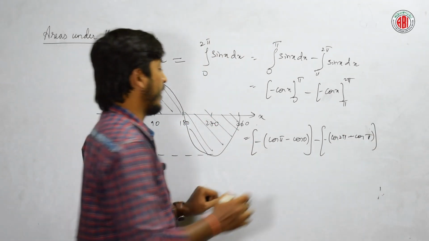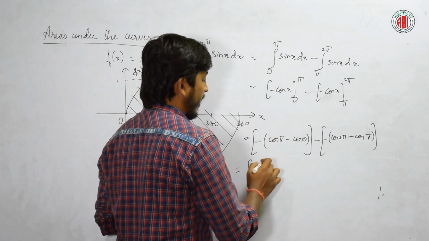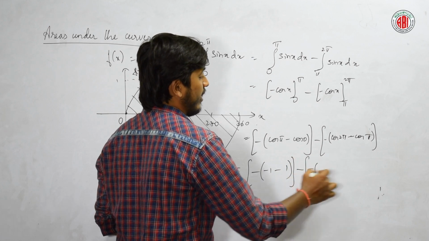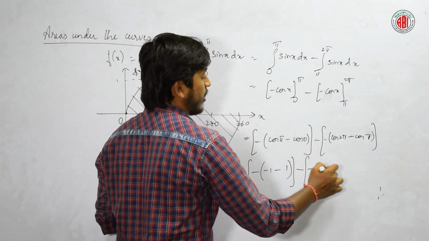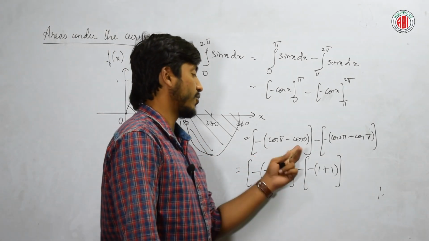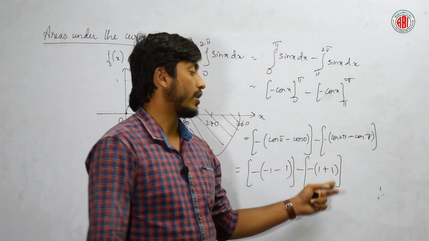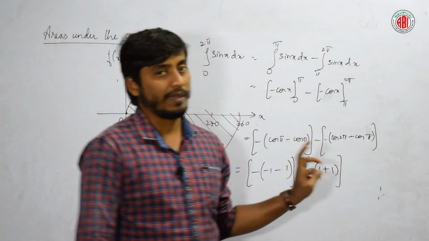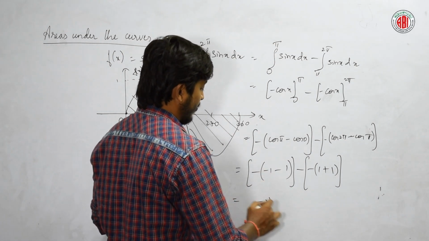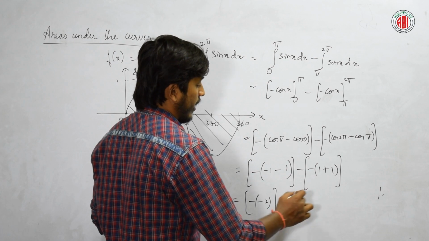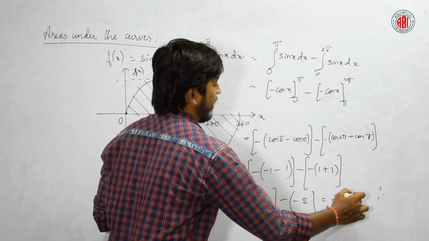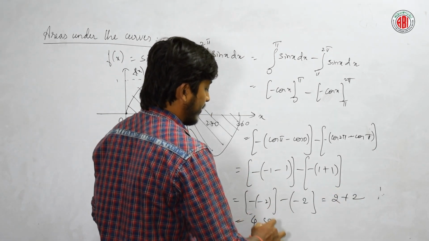What's the value of cos pi? Cos pi is minus 1, cos 0 is 1. Cos 2 pi is 1, cos pi is minus 1. Yes or no? Is it clear? Cos pi is minus 1, cos 0 is 1. Cos 2 pi is 1, cos pi is again minus 1. So it will be minus of minus 2. Now if you observe, minus into minus 2 is plus 2. Here also plus 2. So tell me, 2 plus 2, that is 4 square